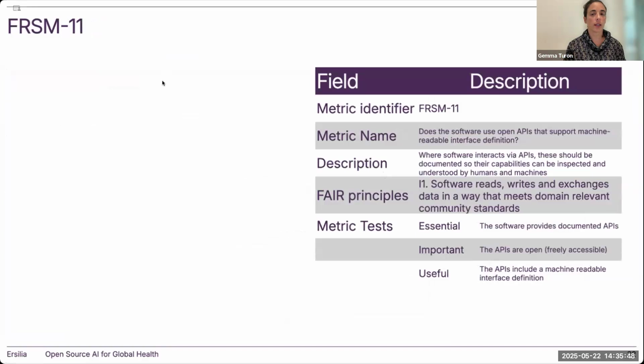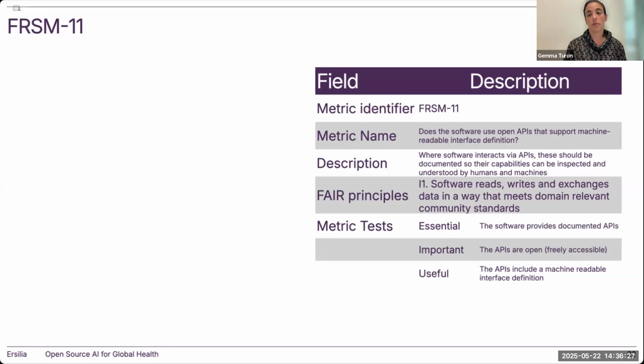So for metric 2, I decided to show metric number 11, actually, about open APIs. Why did we think this is important? Well, because we had been doing a lot of work with different APIs. But when it came to deploying our software online, we realized that it was not that easy. We had different versions of the models inside the Ersilia Model Hub. Some were using one API, some were using another one. This made it nearly impossible to build a sustainable online deployment platform.